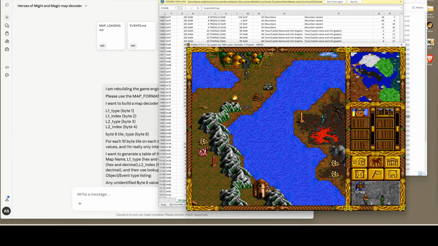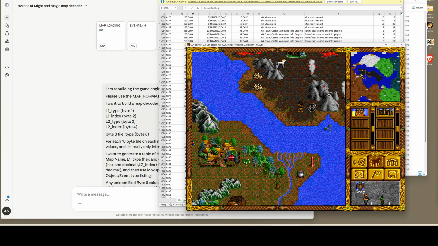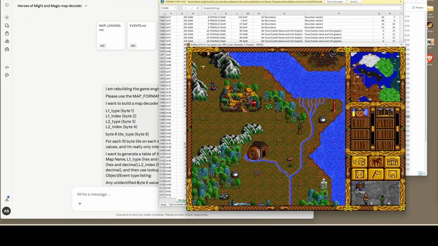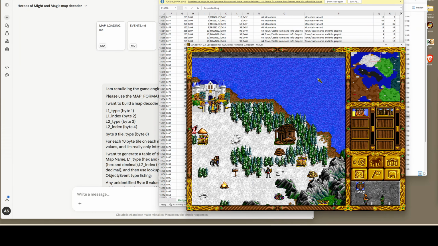Maybe I got my coordinates wrong and it's actually 11. It should be closer down here. Actually, I think it's over here though. So 11 would be about here, and 34 would be